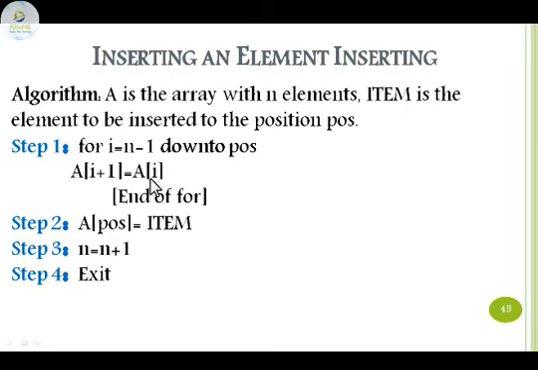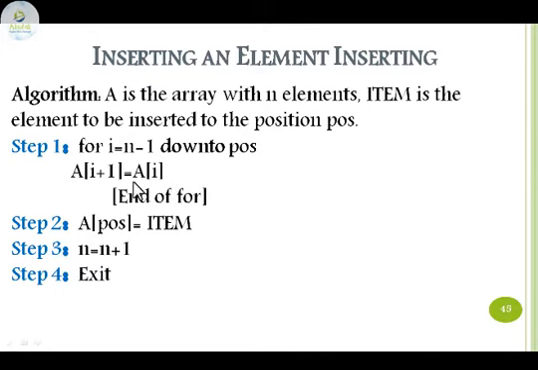What is the difference between A of I and A of I plus 1? A of I plus 1 is higher. A of I is lower. The element which is there at the lower end will be shifted to the higher end, or instead you can say it like this also: the indexed value which is at the higher position will get its value from the next lower position. Okay. So all the elements are being shifted here from the given position one by one up to the POS, what is given POS value.